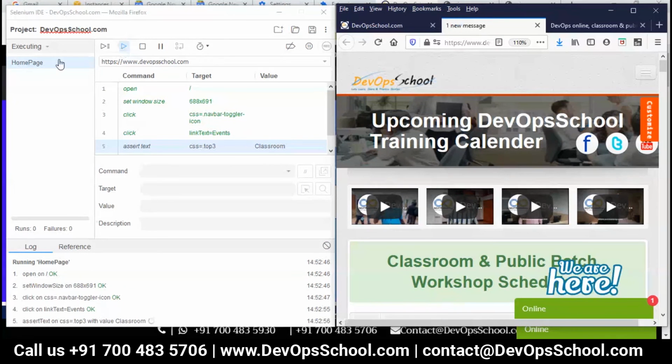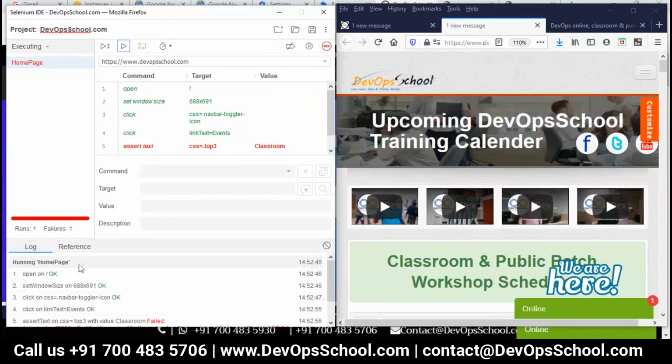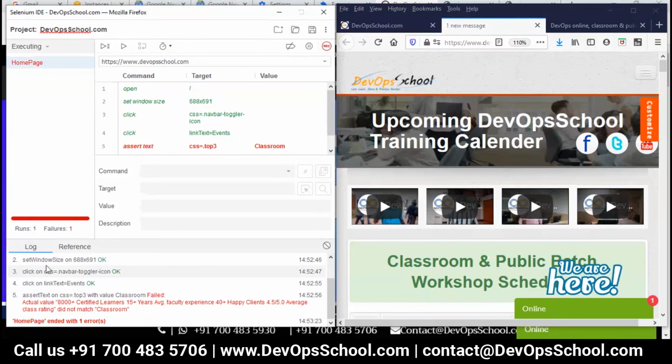Let me check. Let me see here. This got failed. So here, let's understand this. See here, opening here in the log, okay, windows okay, this is okay, event opening okay, but assertion got failed.